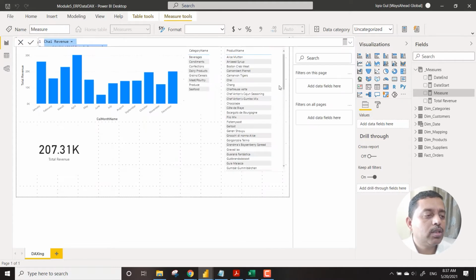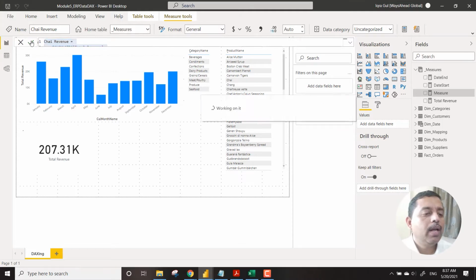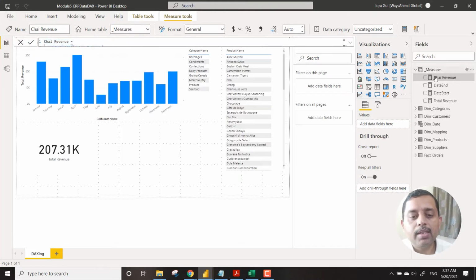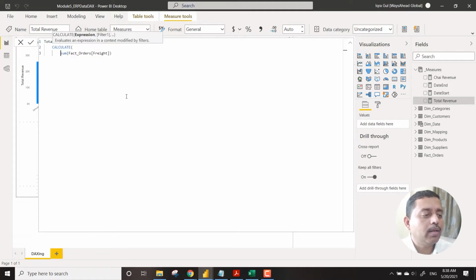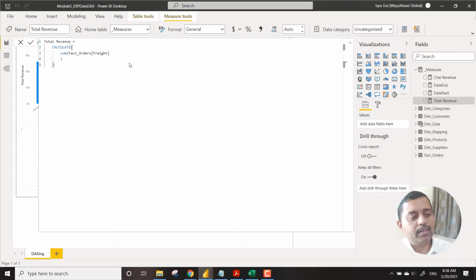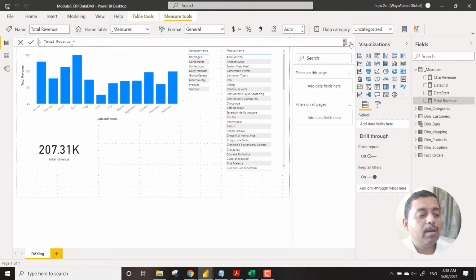You remove this expansion, and then what you need to do is either press enter or click on this tick mark, and it should accept this, and it now says chai revenue. Ideally speaking, when we are declaring this total revenue, there also we should have written it under calculate. So ideally, this is how it should have been written. This is the total revenue, right? So total revenue stands like this. You can press enter also, it should work, and the same number should be coming.